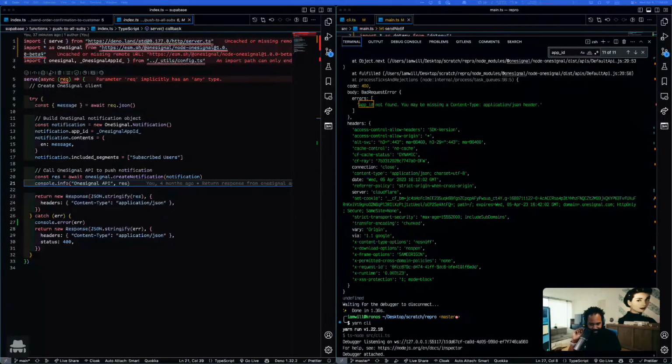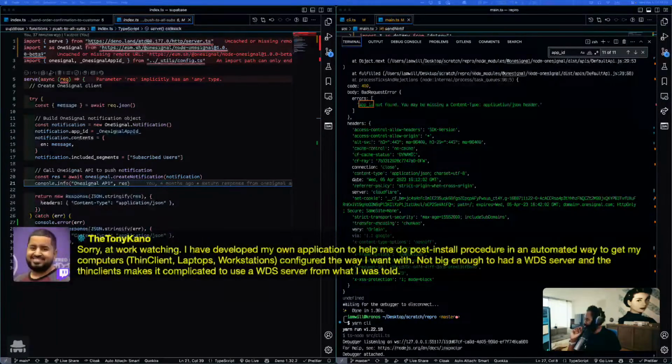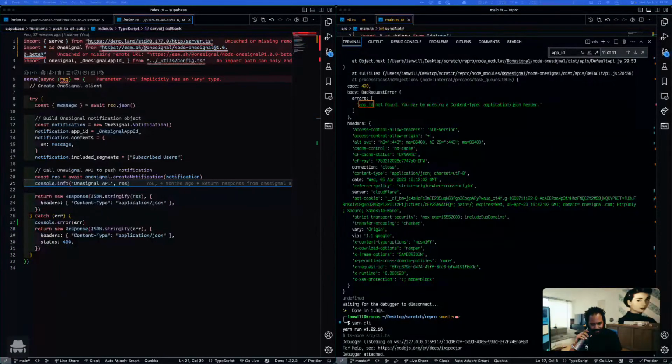You say I've developed my own application to help me do post-install procedures in an automated way, to get my computers and clients configured the way I want. Not big enough to have a WDS server. All right. Tony Kano has just said something that I